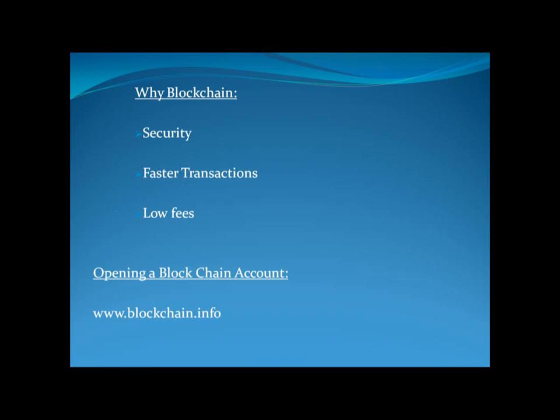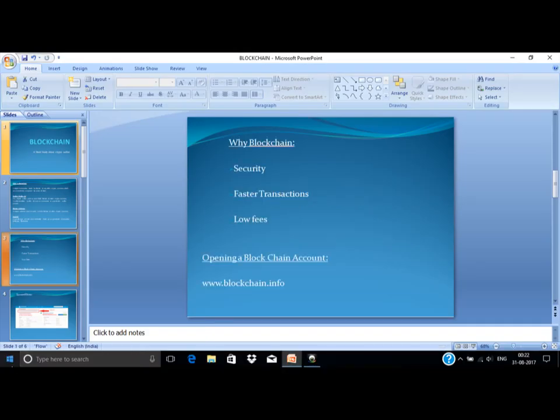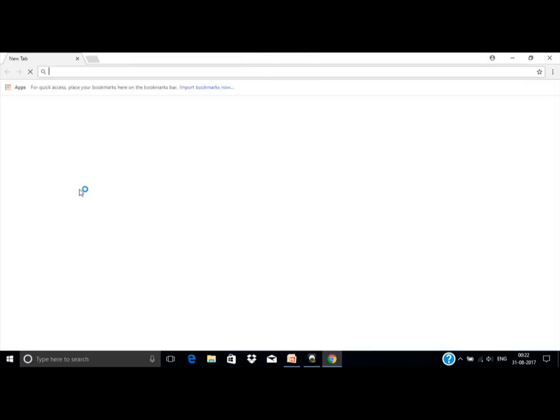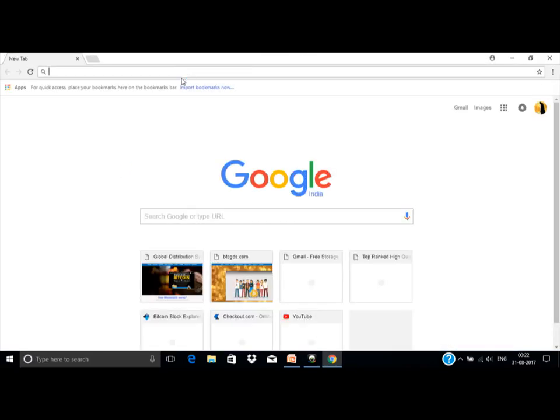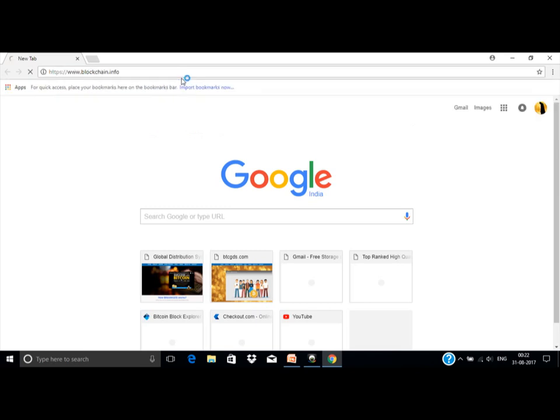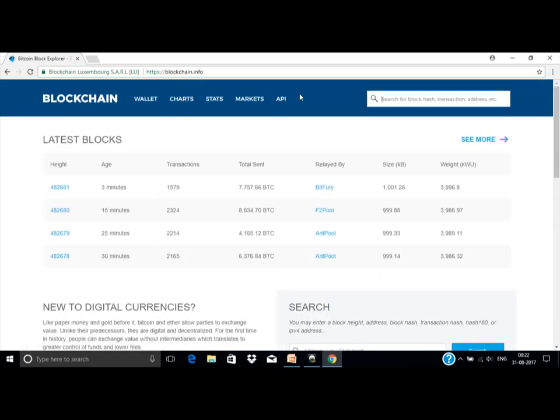Let's move forward and see how we can open an account with blockchain. We have to jump on to the blockchain.info website. Let's go to the browser and type blockchain.info. Right, this is the main screen of the website.